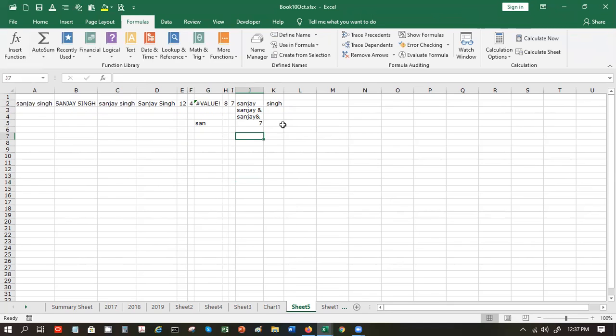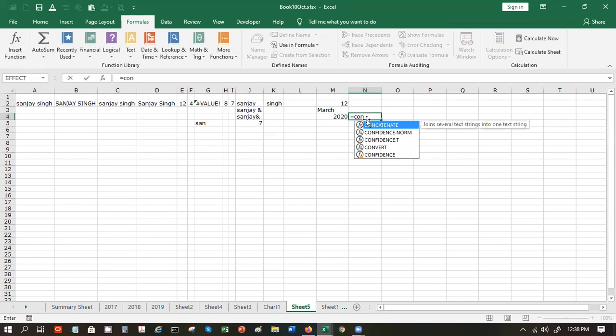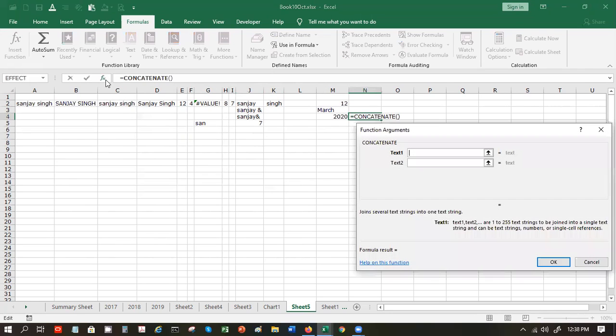Next, we talked about concatenate, right? What does concatenate do? Concatenate means joining. Suppose I have a date like this, let's say 12th March 2020. So I can combine this using concatenate and text. I can choose this, comma,